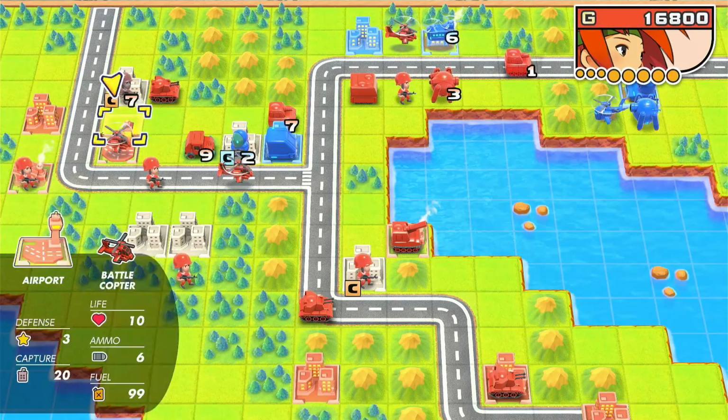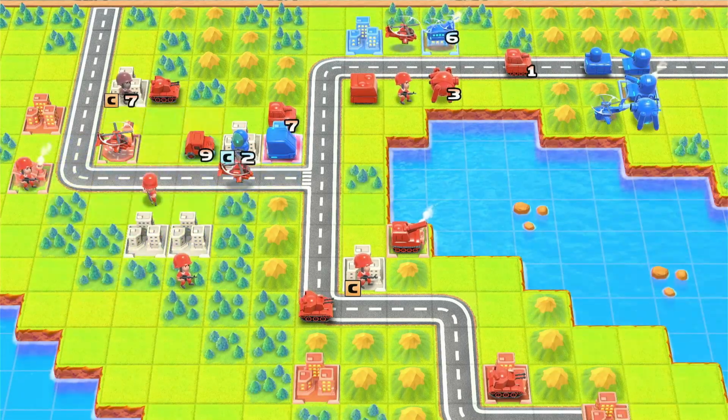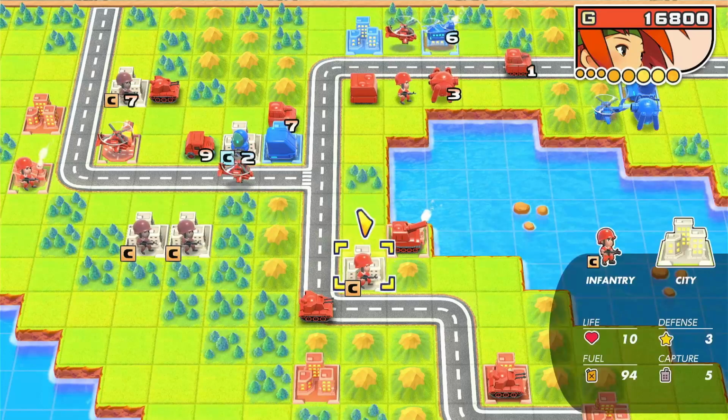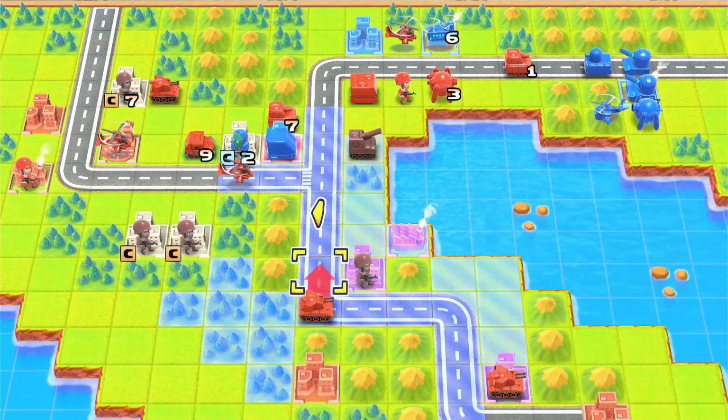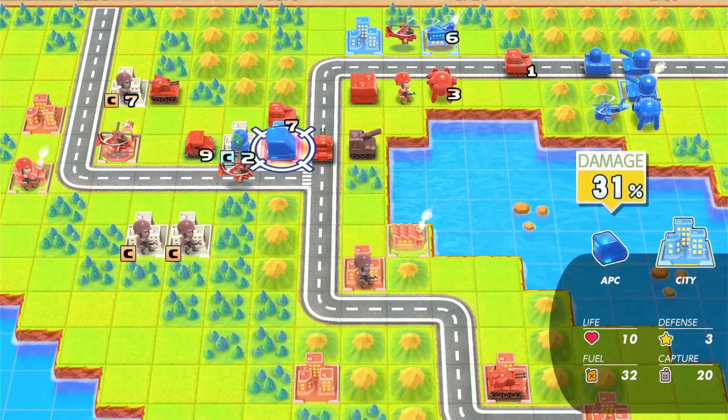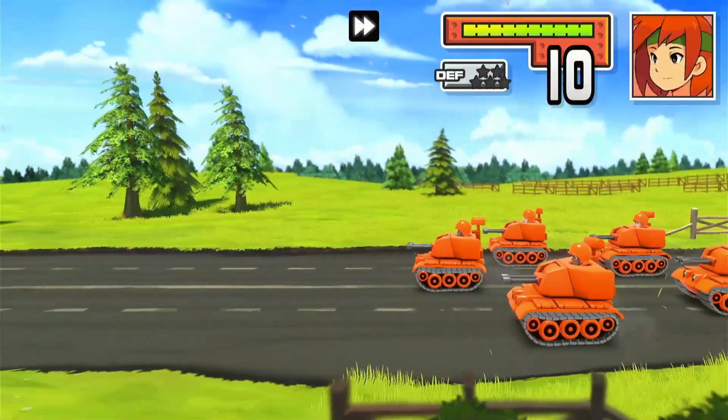So as you can see, captures at 10. So 7 HP Sami infantry captures at the same speed as a normal infantry. Just so you know. It won't help you too much, but it's a good thing to know in general. Okay. So now,